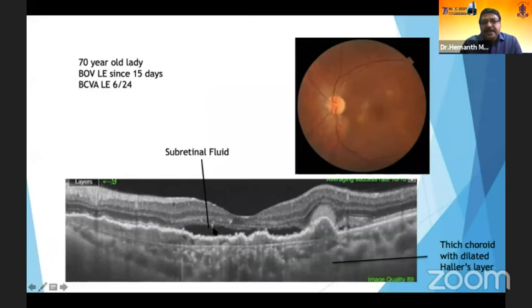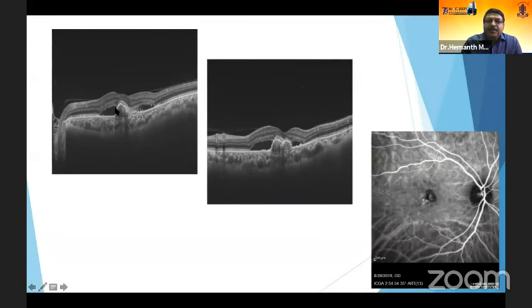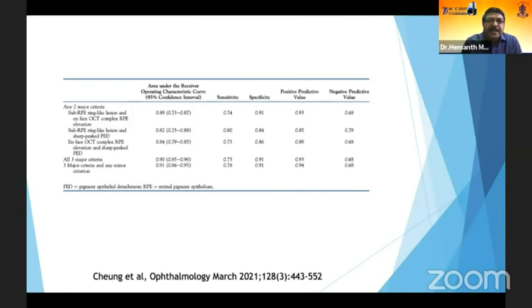Here, in this patient, you can see that there is subretinal fluid, there is a polyp, there is some degree of hemorrhage here, which is showing as shrimp. A thumb-like polyp, sort of an indentation at the polyp. All these are very typical of PCV. So in confidence, one can say that if there are three major criteria, that is the sub-RPE ring-like lesion and a thumb-like polyp and a complex RPE elevation, one can reasonably be certain of the diagnosis of PCV without the use of angiography or ICG angiography.